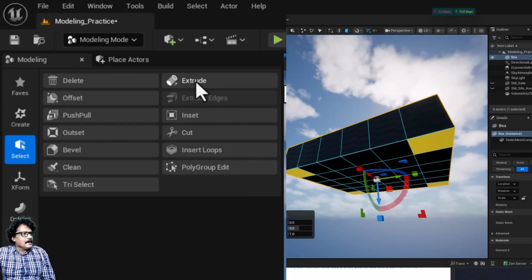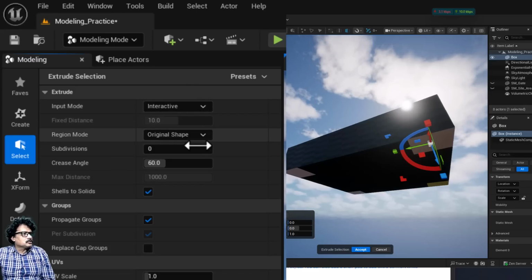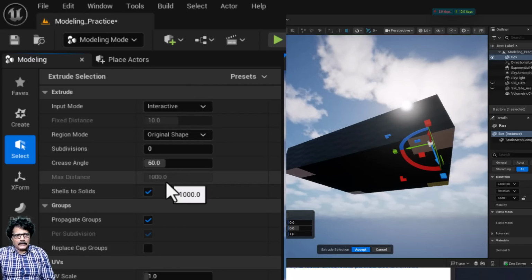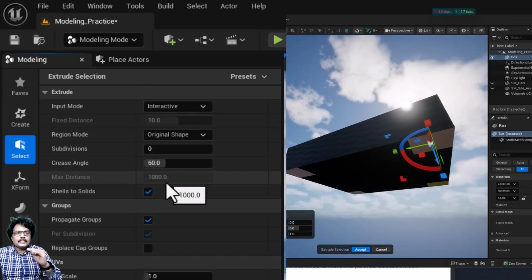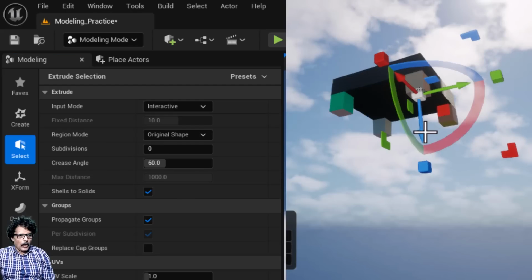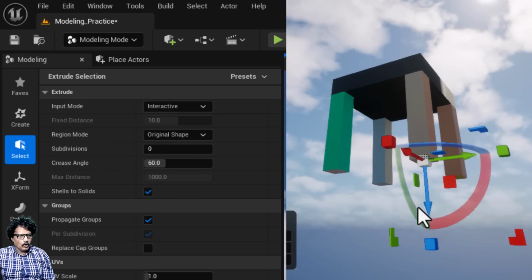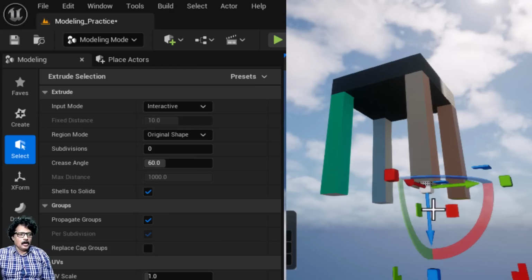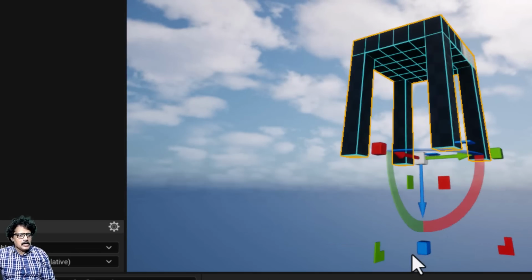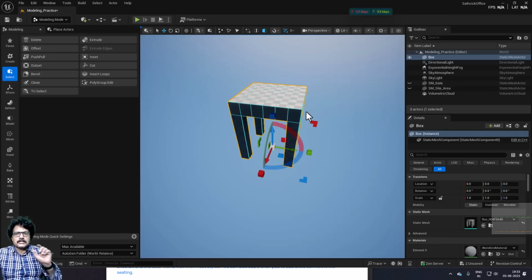and when I click on extrude, the extrude menu is going to open, and now I have to decide what should be the height of my chair. I want it to be 50 centimeter. 1, 2, 3, 4 and 5. So now if I click accept, I have just converted my simple cube into a stool